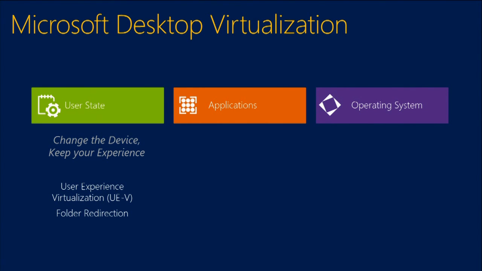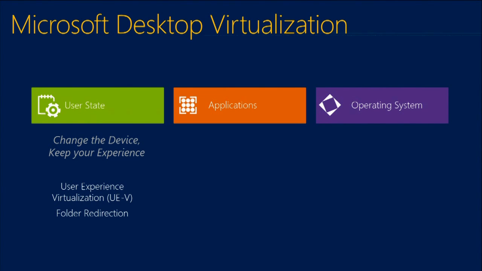Now, more than ever, we are leveraging flexible desktops. And by flexible desktops, we have a desktop that's going to be displayed on a variety of different devices. So you have the user that has their desktop computer. I like to use myself as an example. I have a home office. I have a desktop at my home office. I have a home lab where I have two server-based machines running Hyper-V that I do my testing on. I also have my mobile laptop. I also have my Surface Pro. I also have my Windows Phone.